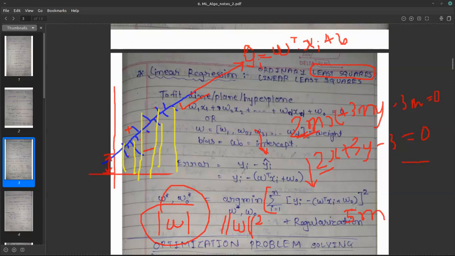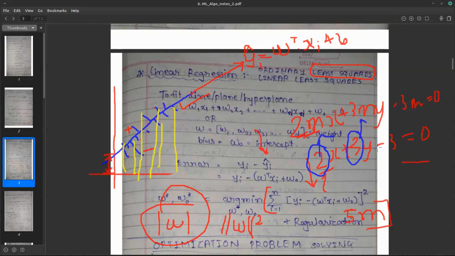Now I'm minimizing this whole thing. So what would be the solution, right? I'm minimizing this, so my machine learning model, or you can say this optimization problem, would be forced to choose 2 and 3 over 2 million and 3 million. Correct? Now I guess this makes sense, right?